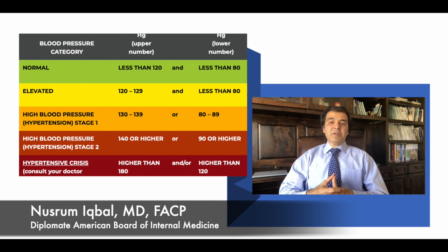Then if your systolic blood pressure is greater than 130 or your diastolic blood pressure is greater than 80, then it is called hypertension or high blood pressure, but it is stage 1. If your upper number is greater than 140 and your lower number is greater than 90, we call it hypertension stage 2. And then there is another condition we call hypertensive crisis, in which your upper number is